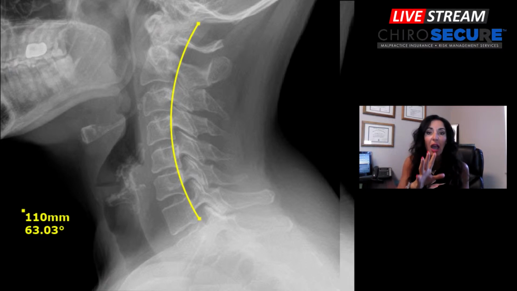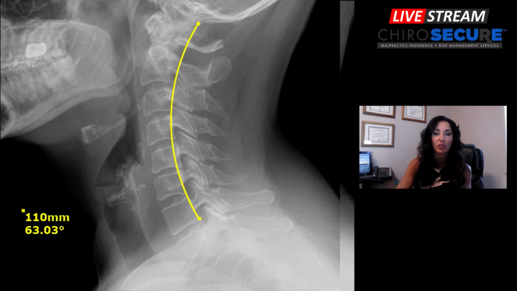Oftentimes I'll have doctors that I coach that'll look at an x-ray like this and say, but there's a beautiful cervical curve. So what do we have going on? But if we start to look at C1, C2, they're slightly off of our normal cervical curve line. And this, of course, is a CBP normal cervical curvature line. But when we get down to C3 and C4, I want you to look at the inferior aspect of the anterior portion of C3 as it has come down to basically indent itself into the anterior superior portion of C4. That is a compression fracture.